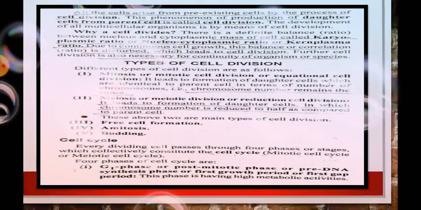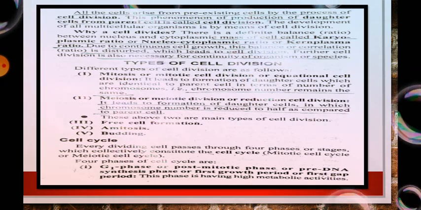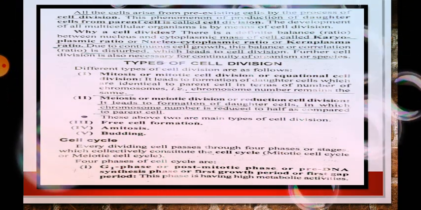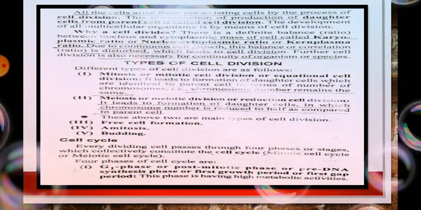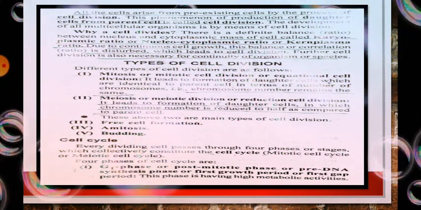So why does a cell divide? What is the need for the division of cells? Because there is a definite balance in the ratio between the nucleus and the cytoplasmic mass of the cell. This is known as the karyoplasmic ratio. In eukaryotic cells, there is a nucleus, inside which are the chromosomes, parts of the endoplasmic reticulum and the nucleolus. The rest of the part, outside the nucleus, is known as the cytoplasm, the cytoplasmic area.